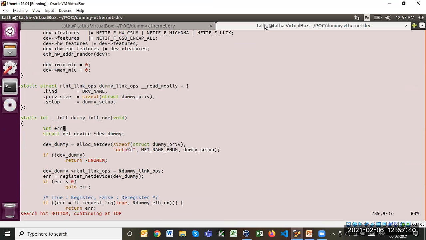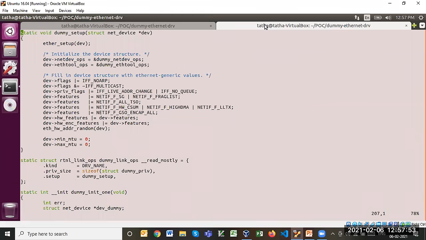After that, we call alloc_netdev, and in alloc_netdev we provide the function dummy setup. If we go into dummy setup, you can see I am assigning this netdev operation. So now it will be clear how the information is shared with the network stack.